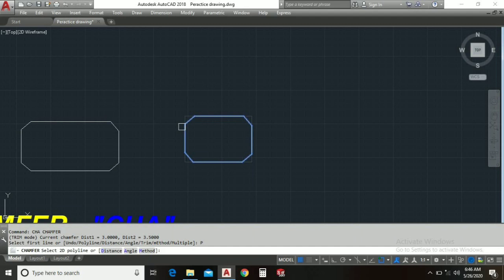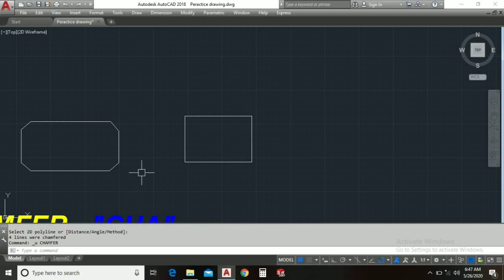Actually when we use chamfer, there are two methods of using chamfer. First one is distance, which we are using right now, and the second one is the angle method. I'll show you how it works. I just click here, and all the corners have been cut. So I hope you understand.